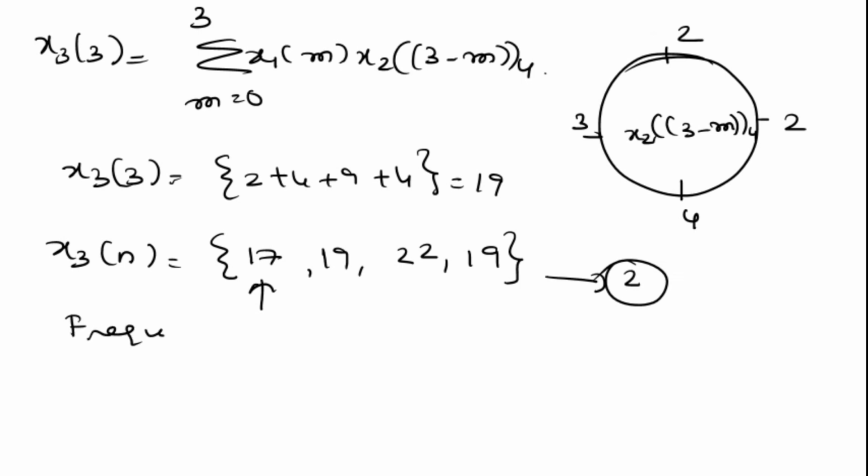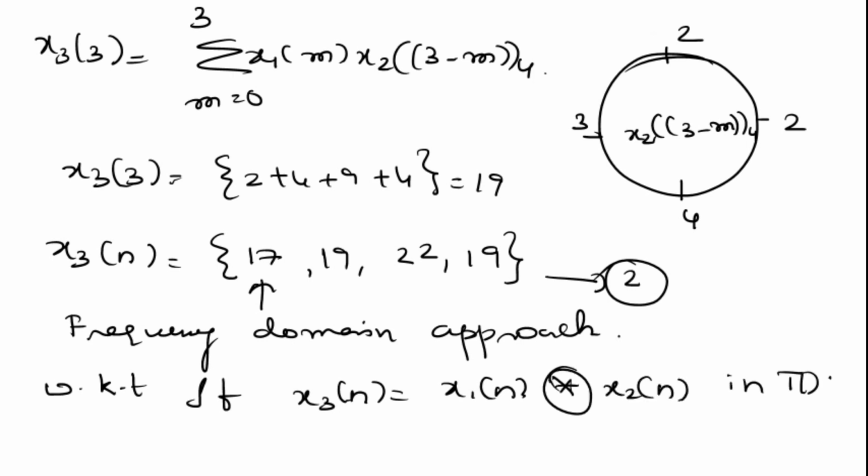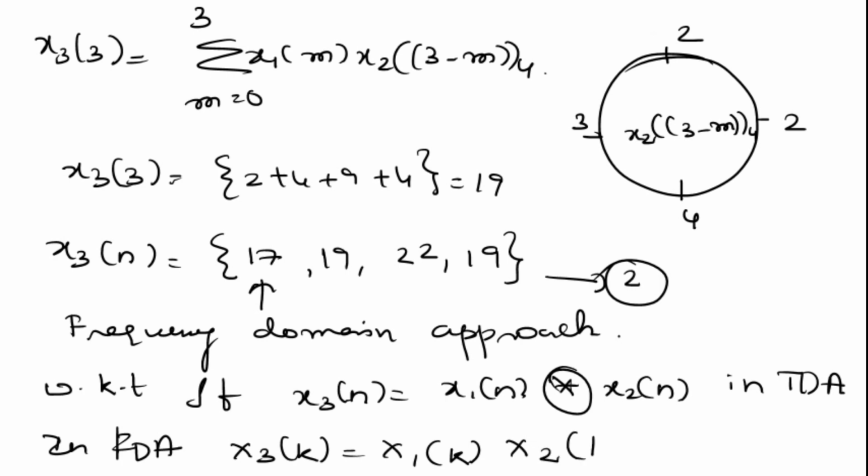Next we go for the frequency domain approach. We have to verify the answer by this. We know that if x3 of n is equal to x1 of n convolution with x2 of n in the time domain approach, then in the frequency domain approach, x3 of k is equal to x1 of k into x2 of k,